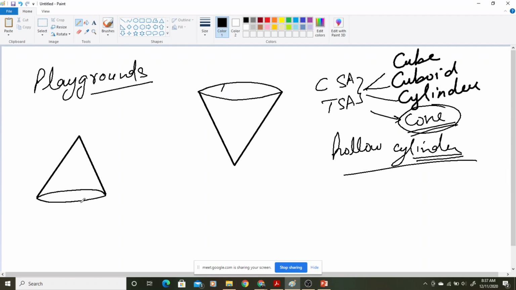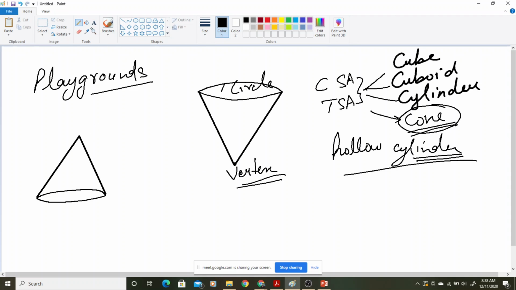Every cone, whenever you see a cone, at one end you will see a vertex. एक side में तो तुम लोगों को vertex दिखेगा, है ना, because you will see a corner point. And when we see a corner point we talk about vertex, and at the other side you will see a circular face. So at both the ends of a cone you will see a circle or a vertex.